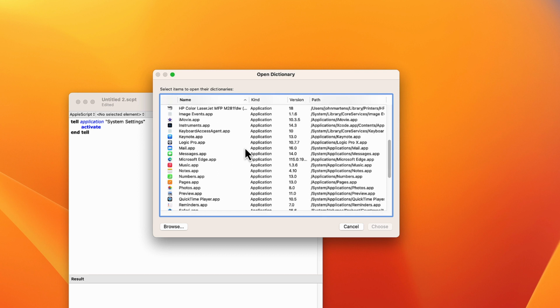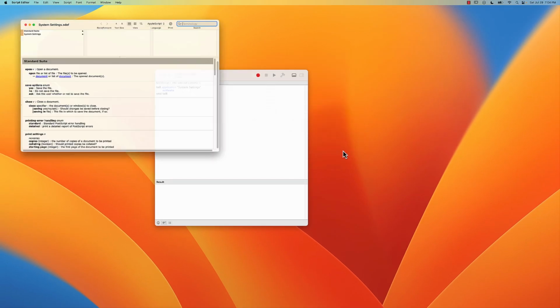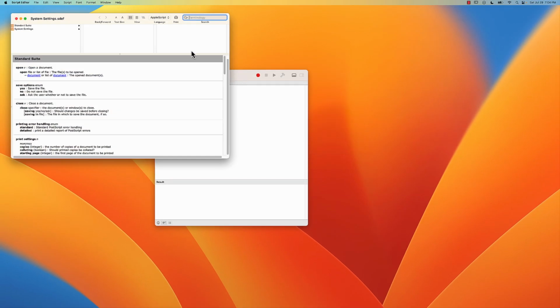So we're going to go down to System Settings. There it is there, systemsettings.app. I'm going to press Choose, and that opens up the scripting dictionary. Now, I was hoping there would be a command here to change the value of any preference. Unfortunately, that does not exist. But we'll go through this very quick anyway, so you get a sense of what the scripting dictionary has to